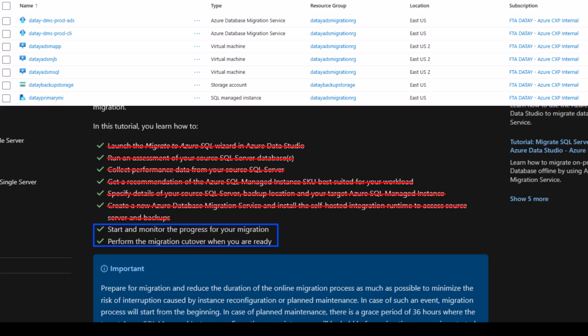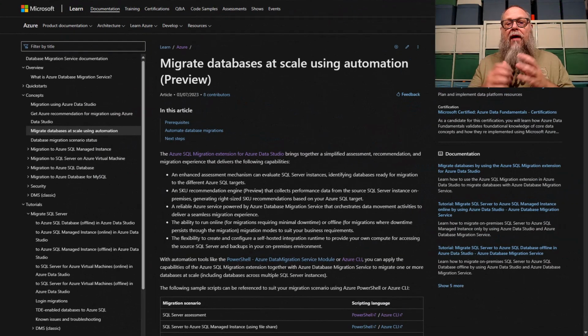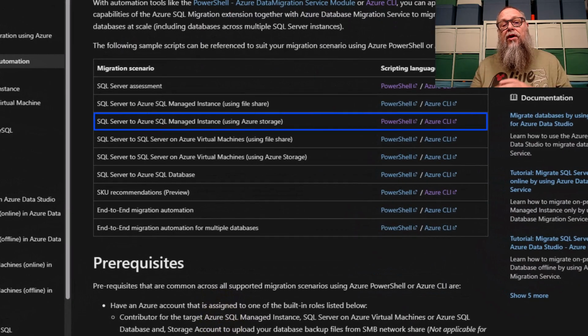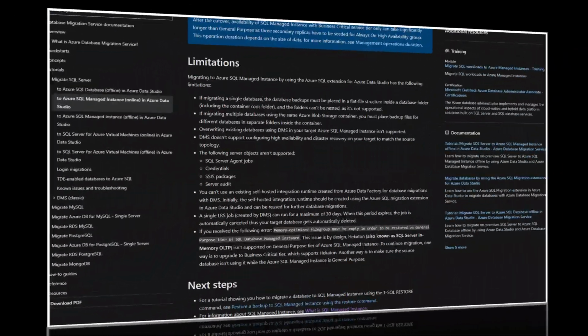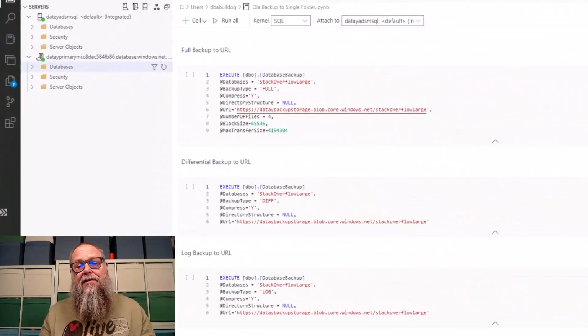Here you can see a brief reminder of the environment that we're using for this video. We're migrating our databases at scale using our Azure CLI commands. For this video, we're going to use the SQL Server to Azure SQL Managed Instance CLI commands. Let me touch on some of the common limitations I see overlooked when performing this type of migration. Each database needs to be contained within its own container, your fulls, your differentials, and logs. So each database must have its own container. You cannot overwrite an existing database, and a single LRS job created by the Data Migration Service can only run